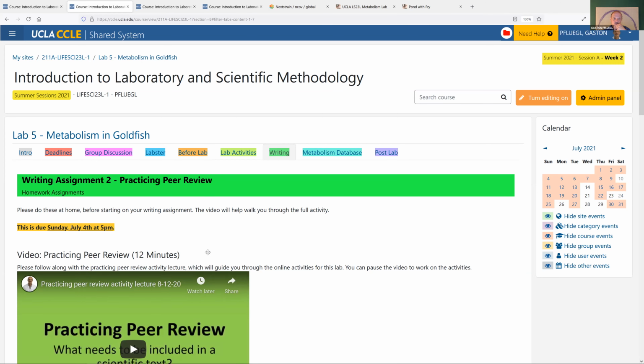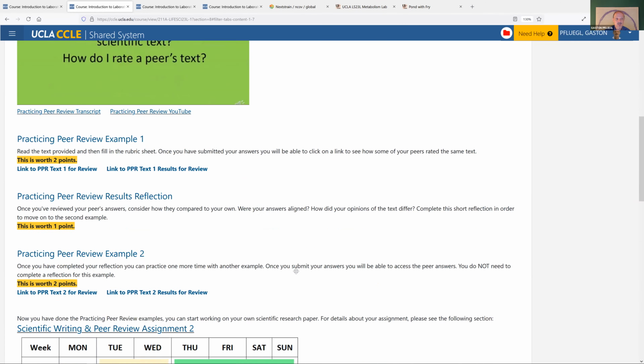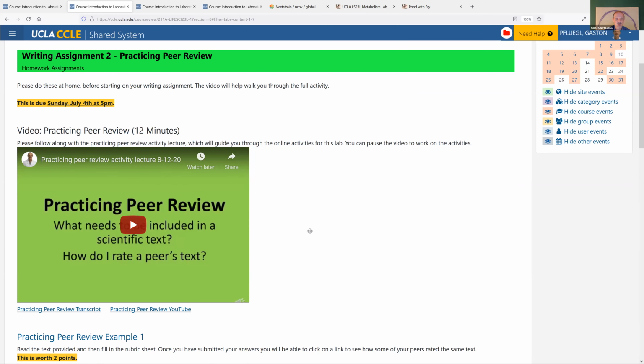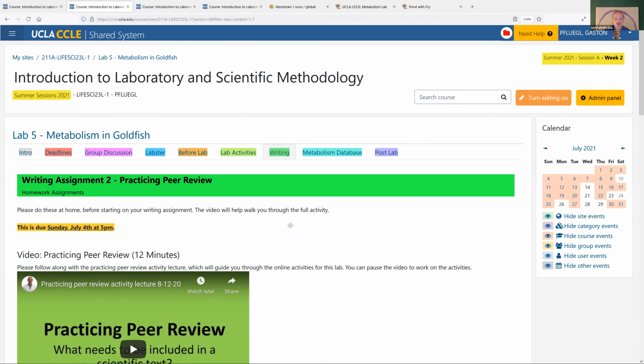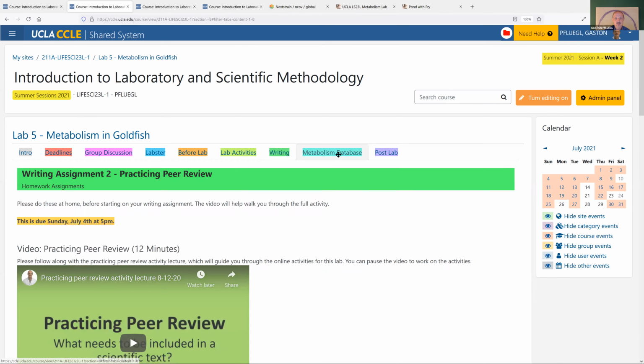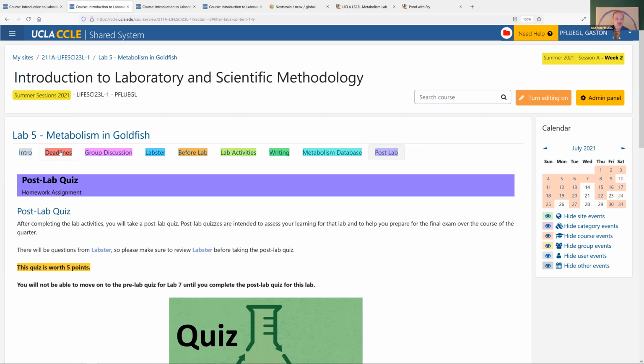There's the practice and peer review. You want to do that before you put together your text. So you want to do that. Even though the deadline is the same, like with the text, you want to do this before the text. And again, these are examples, don't use them and just take it. These are good and bad examples. They're not necessarily perfect papers. They're just for you to look at the rubric and then write in your own words. Here's a link to the database. If you click that, you get to the database, and I have it open already. And so that's the first lab, right?